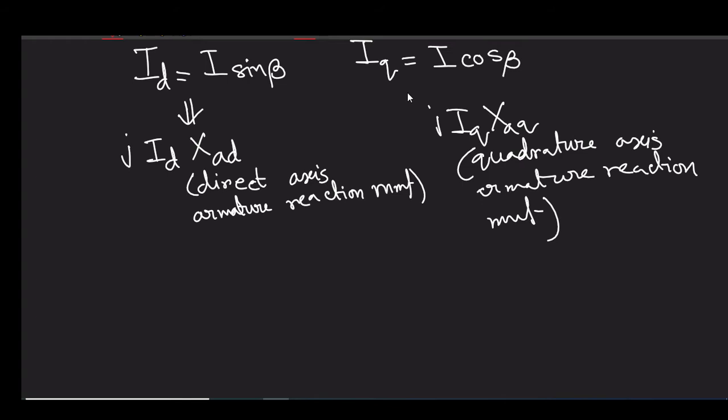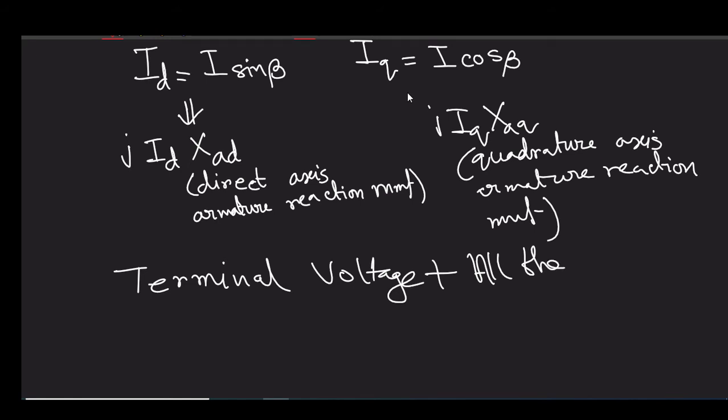So the terminal voltage is equal to what we can write, terminal voltage plus all the drops, that will give you what? Induced voltage. Now this is another interesting thing, that the induced voltage across the armature winding is due to a field